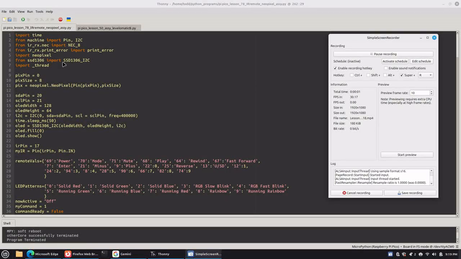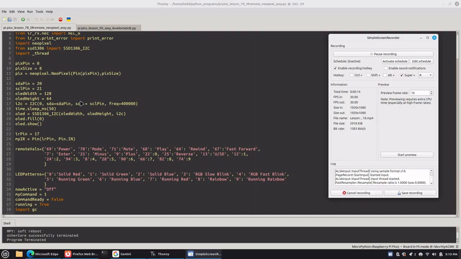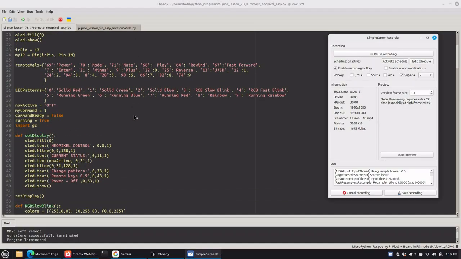So this is the code for lesson 78. I'm controlling NeoPixel with the IR remote and the OLED screen. You can see I've added the importing of the SSD1306 library, set up the OLED. I added an LED patterns